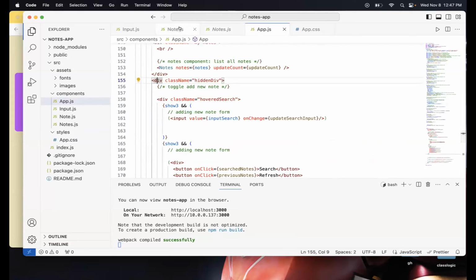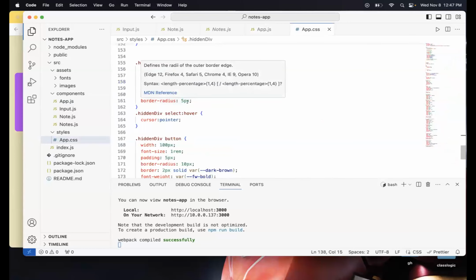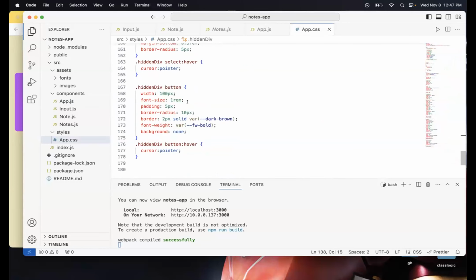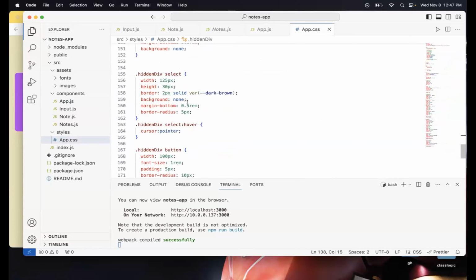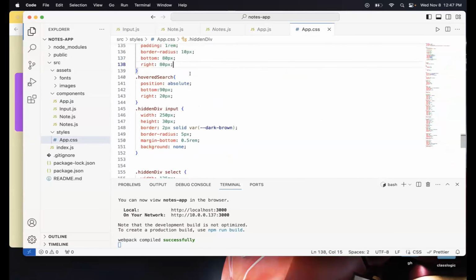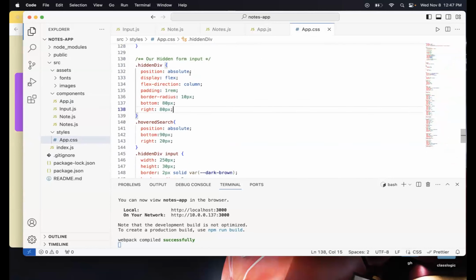All right, so let's go back. Okay. What's the CSS for exact of?